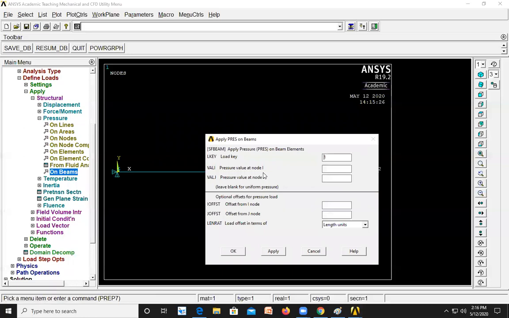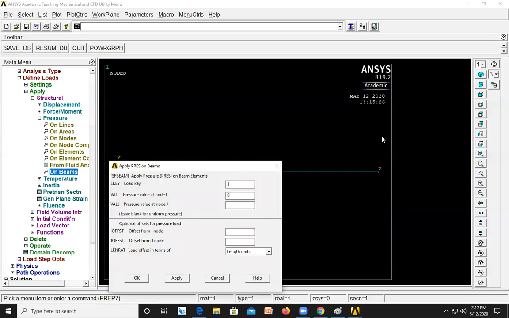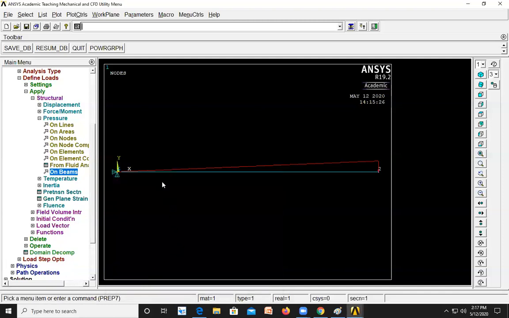The pressure value at node I, since the load acting at node 1 is 0, the pressure at node I is 0 and the load acting at node 2 is 5 kilonewton per meter. The pressure value at node J should be 5000. Click on OK. So here you can see the load which is applied is uniformly varying load. At node 1 it is 0 and at node 2 it is 5 kilonewton per meter.